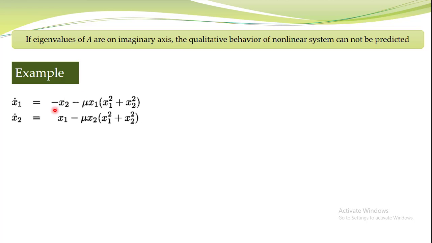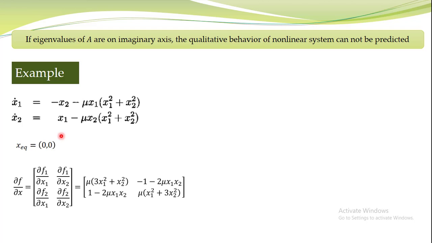Example is over here. We have a nonlinear system given by these state equations where mu is some constant and x1 and x2 are states of the system. One equilibrium point of the system is at this location. For the Jacobian matrix, the partial derivative of f1 with respect to x1 can be easily computed. The partial derivative of this term with respect to x1 is 0. The partial derivative of this expression with respect to x1 is computed and written over here, and likewise the other partial